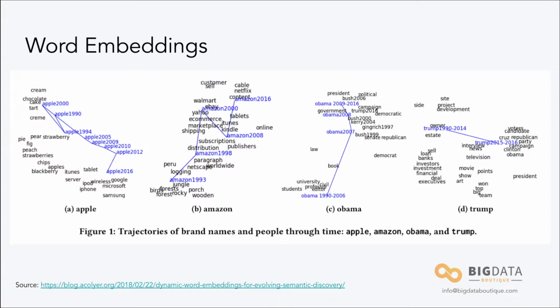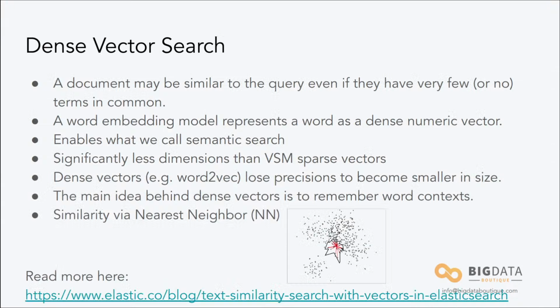So all of that is showing you that a word has a lot of context. And in this case, you can also see how the context evolves over time. And that has tremendous effects on how we should treat the search problem. And that brings me to where we are today with search. Advanced search systems will start treating the search problem using word embeddings, and will look at the search problem